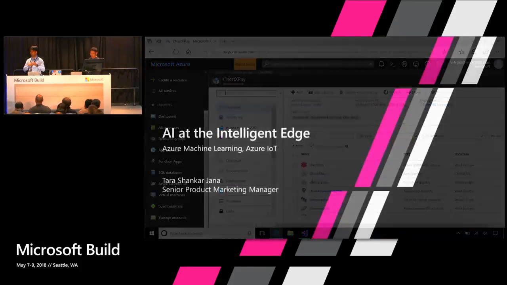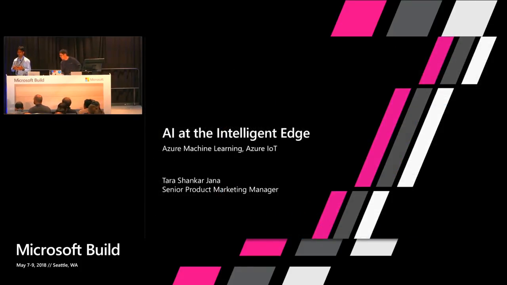So yeah, I've been hearing some great news about the announcements since morning. As you know, the message we want to be landing at this Build was intelligent cloud and intelligent edge. And before jumping into the demo, I just want to call out the drawing board you just saw. That's one of the many Microsoft AI innovations we have been putting together. If you were in Harry Shum's session, you would have heard about ailab.microsoft.com. You can go there, learn more about the source code we have provided, launch the experiment, play with the demo, and also get all the links to the MSR AI research papers plus AI School.